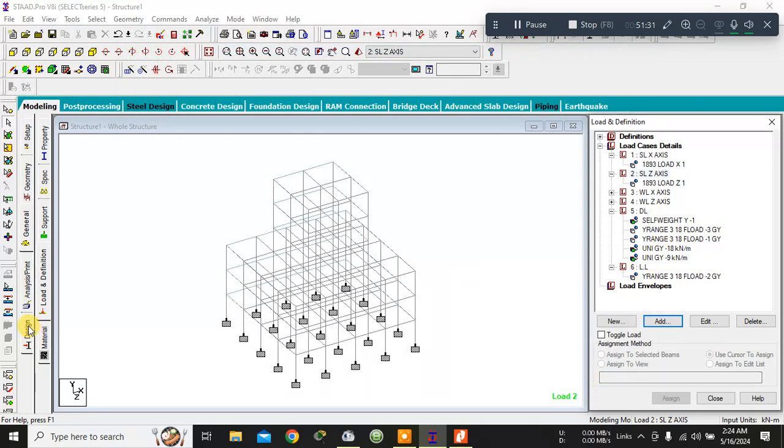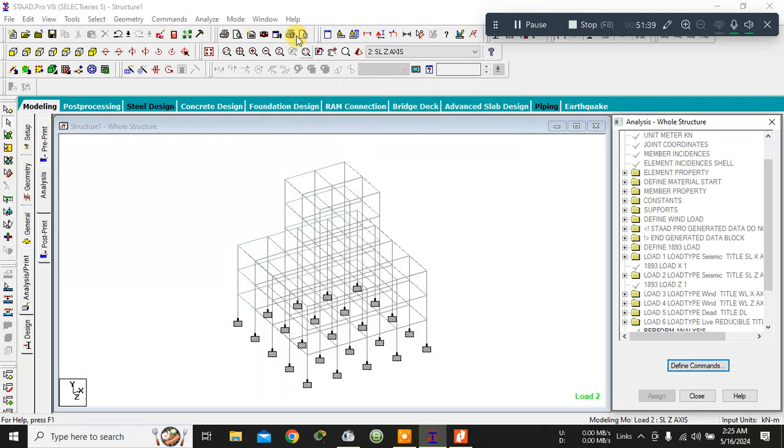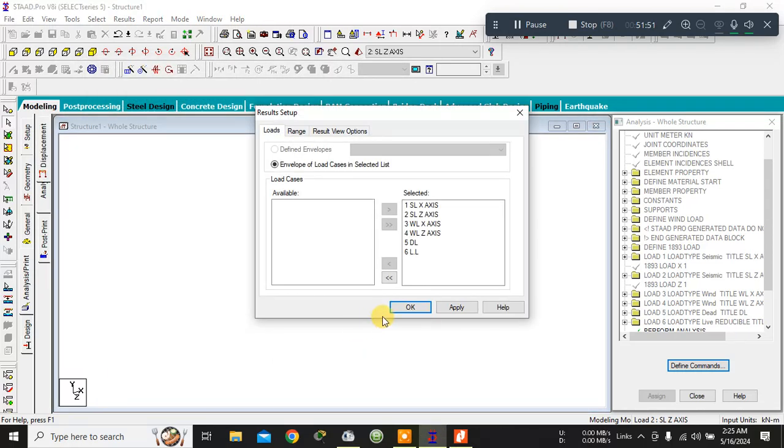Now let me do the analysis and design part. Done. Now let me perform the analysis. See, now the analysis is over. After the analysis is over, let me go to the post-processing mode. Now everything is okay. Okay, one thing I have left here,